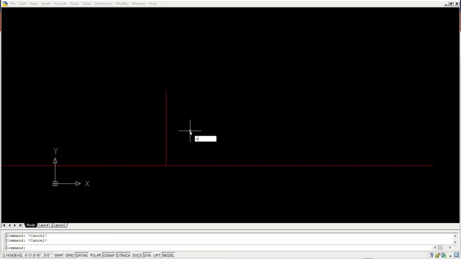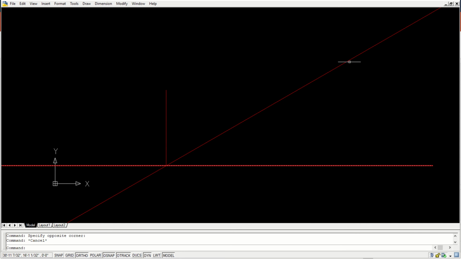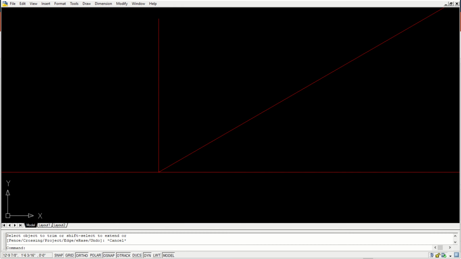Third, I said draw a line at a 30-degree angle. This is a kind of construction line. You just have to draw an infinite line at a 30-degree angle, from here.